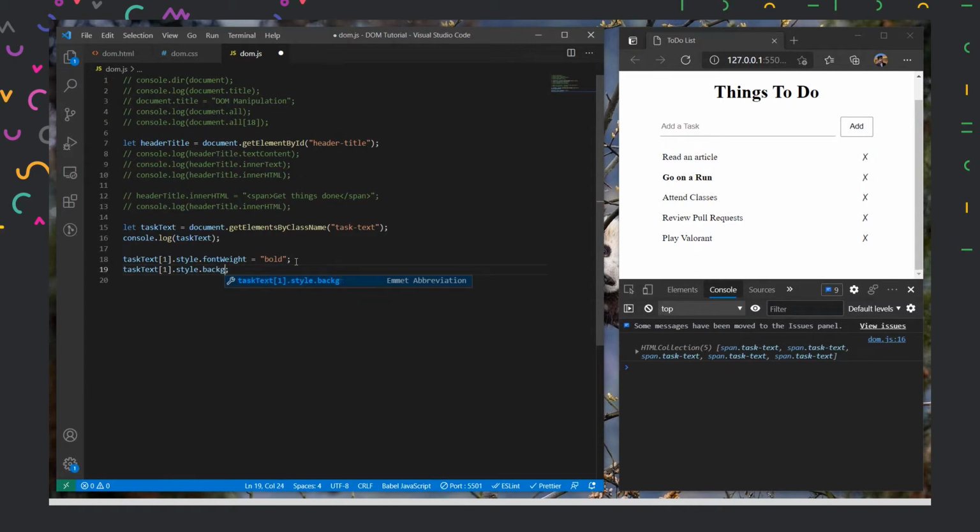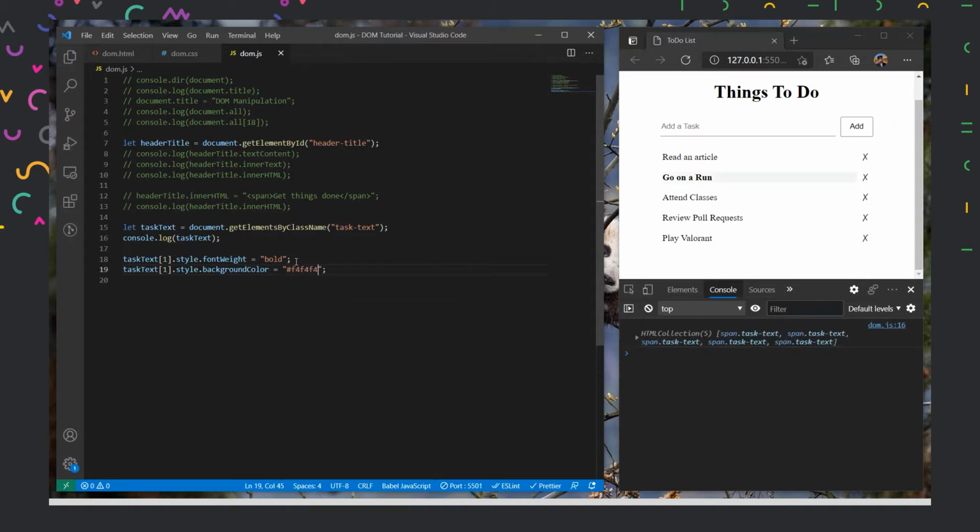So background color, and then equal to, let's give it a background of some grayish color. A grayish color would be somewhat like F4, F4, and F4. And if I save it, it will become grayish now. If you notice, it is very light. So yes, that is there.